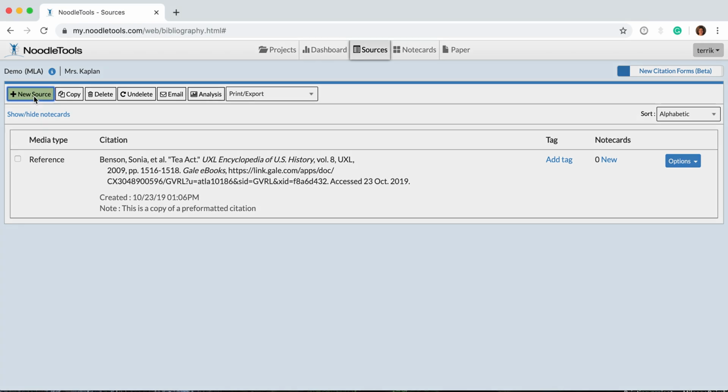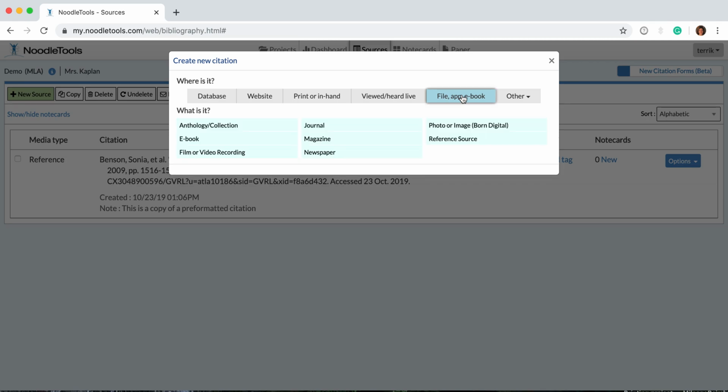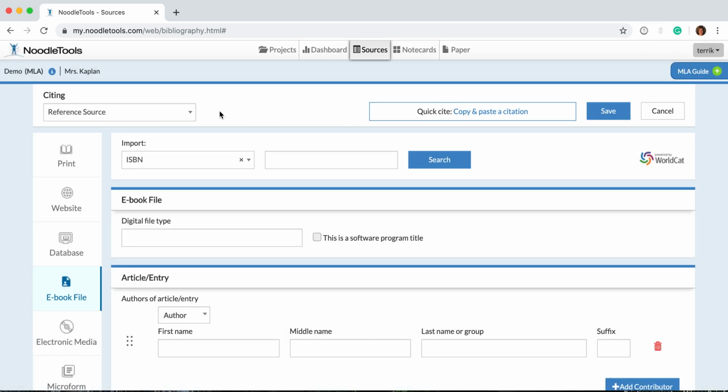Source link. And when we do, NoodleTools asks us, where is it? In other words, where did this information come from? We've checked the LibGuide for the project, and the LibGuide says if we're using the Gale Virtual Reference Library ebooks, then the information has come from an ebook, and the type of information is from a reference source. So when we click those, NoodleTools gives us a form that tells us we're citing a reference source in an